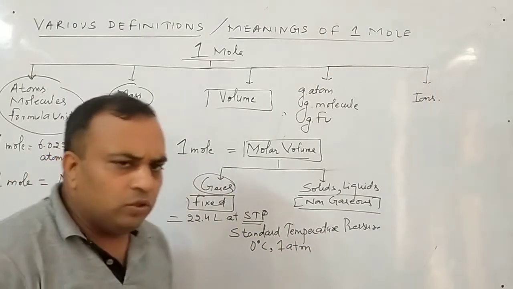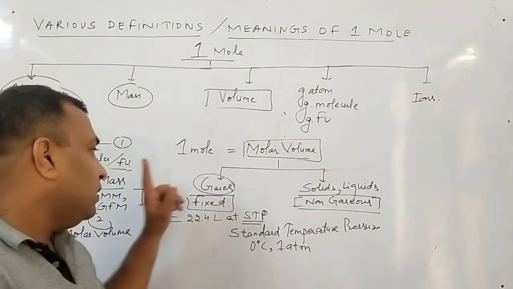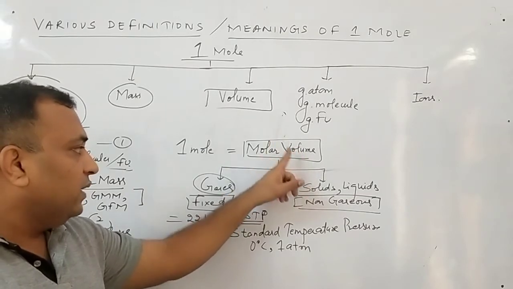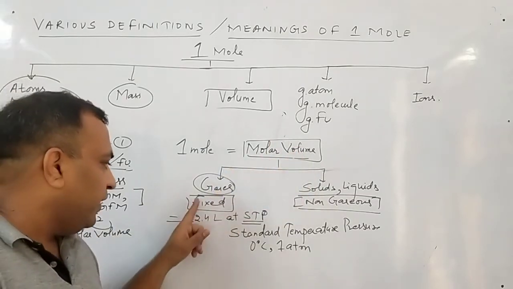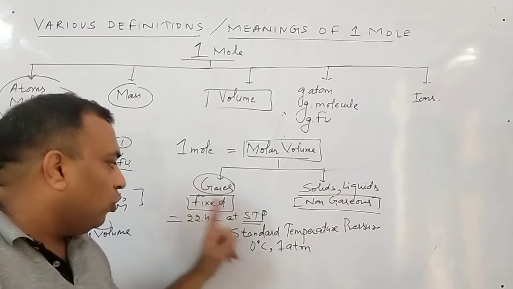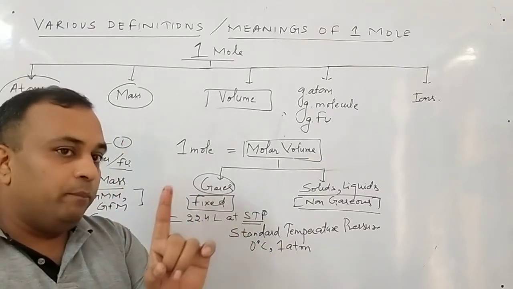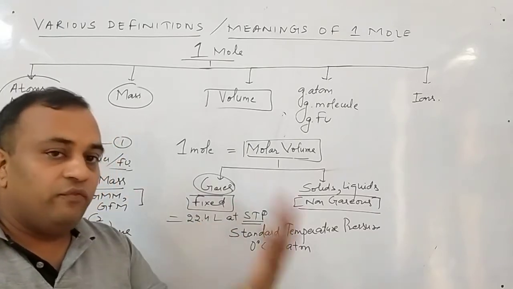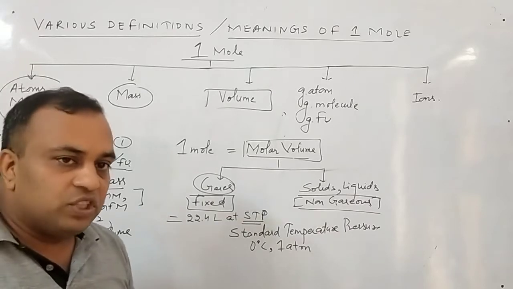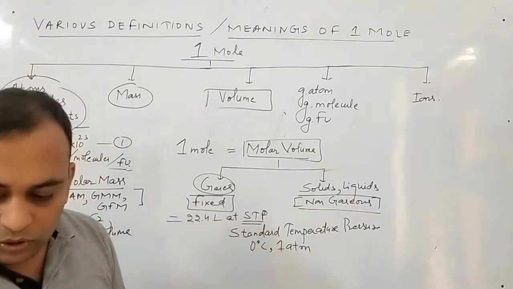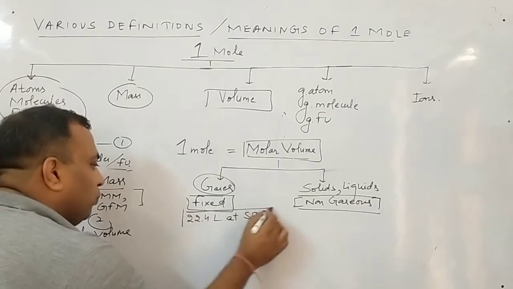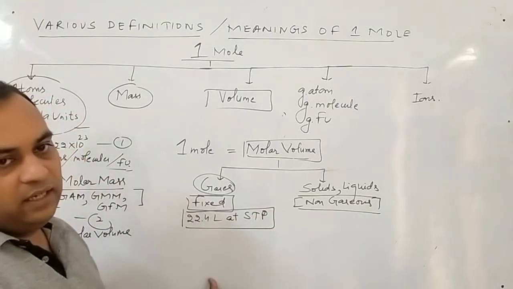No doubt, in this chapter there is no need to derive this. Simply we have to understand that the volume of 1 mole is equal to molar volume, and this molar volume for gases is fixed, 22.4 liter, only and only at STP. If the temperature is changed, then the volume will be changed. But this change we have to study in chapter number 5, states of matter. Here we have to study the volume at STP. So in short, the molar volume of a gaseous substance is 22.4 liter at STP. Understand?